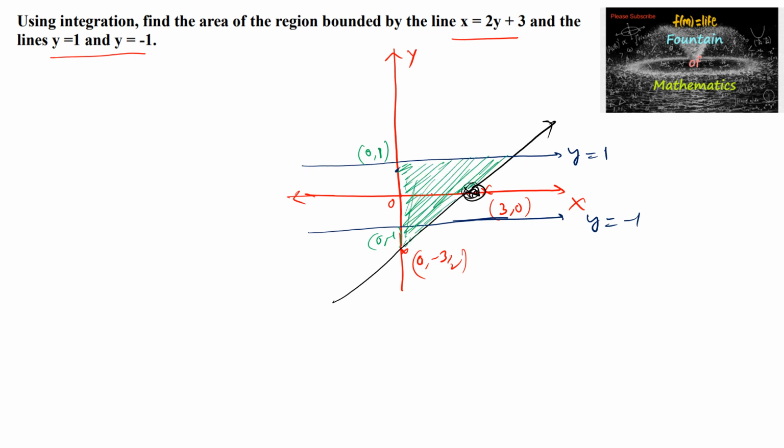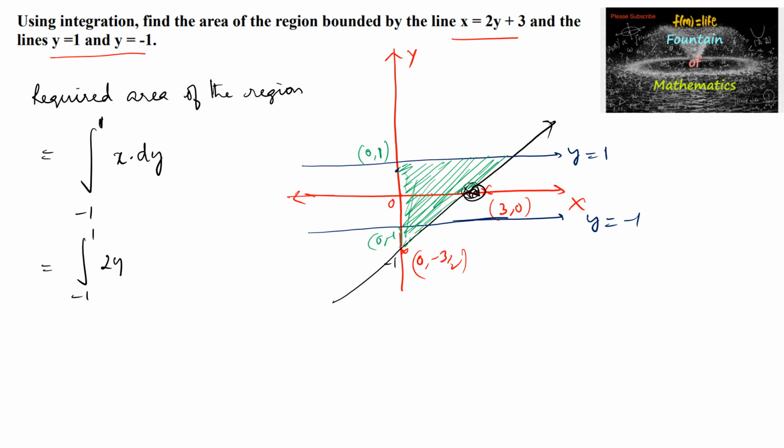So by using integration we can find the required area, which is equal to the integral. So let us consider from minus 1 to plus 1, the curve is, or we can write x dy, where the curve is taken as 2y plus 3. So integral from minus 1 to plus 1 of 2y plus 3 dy, which is equal to